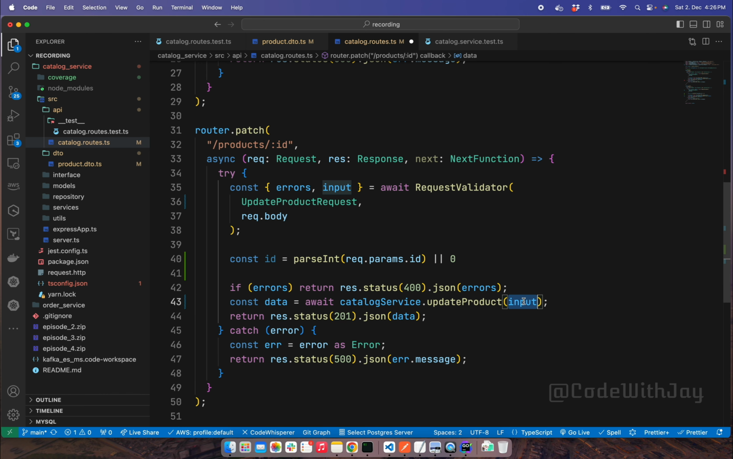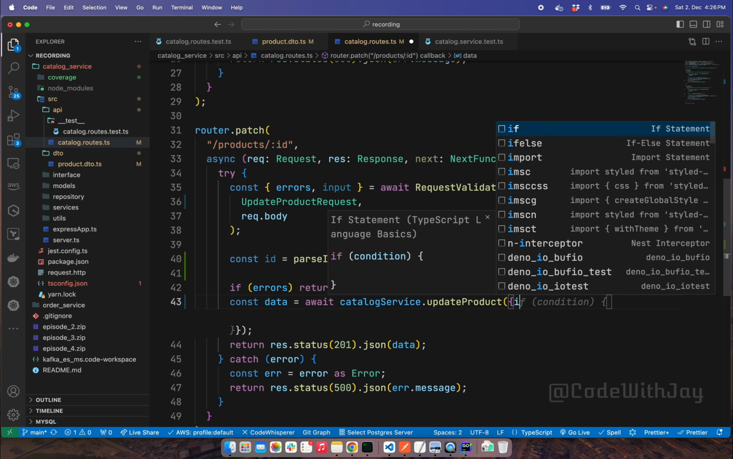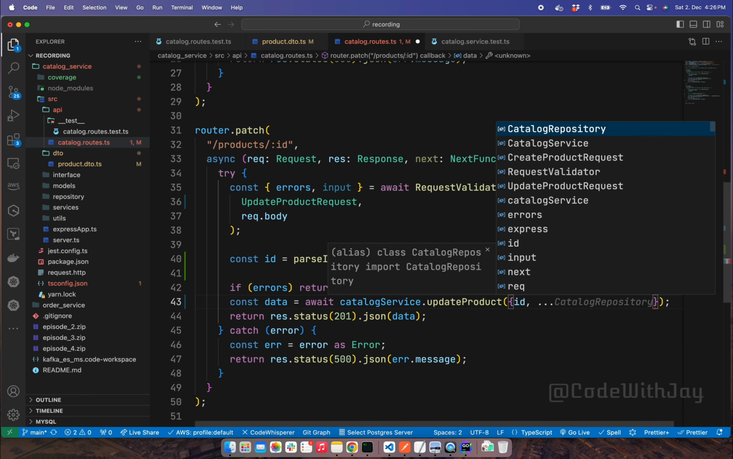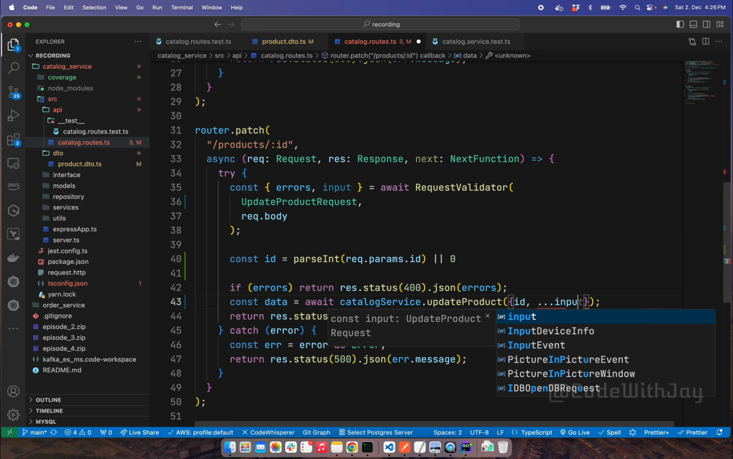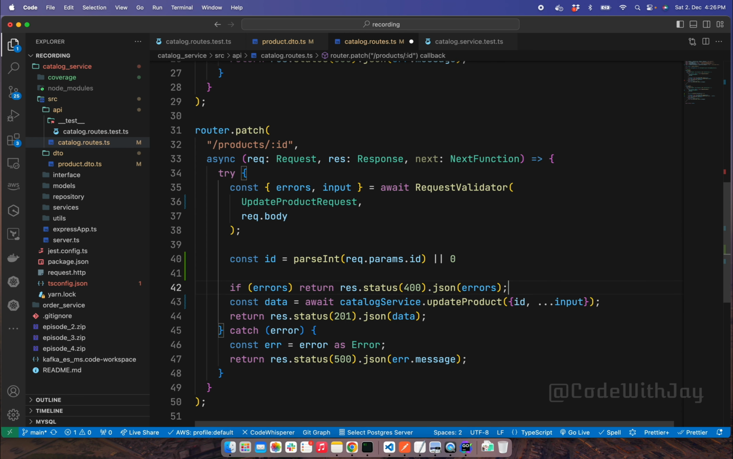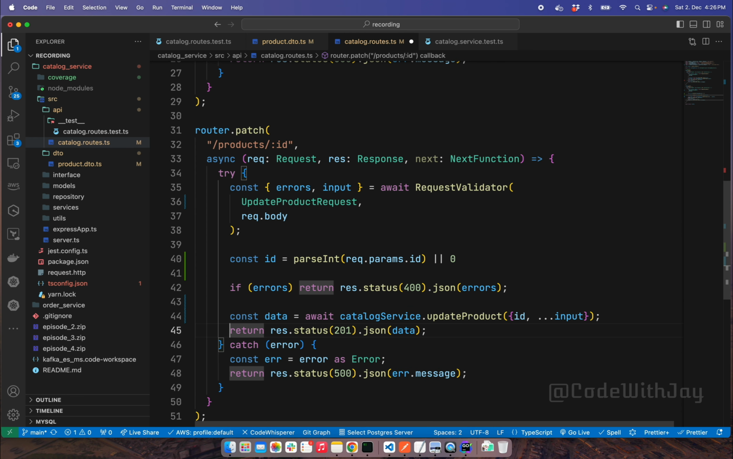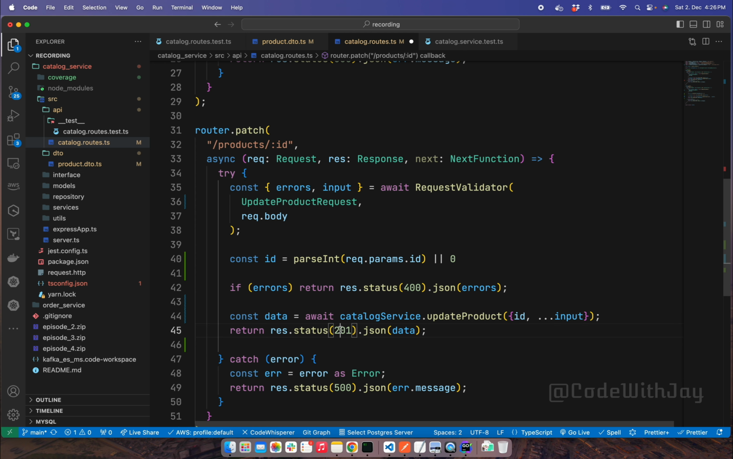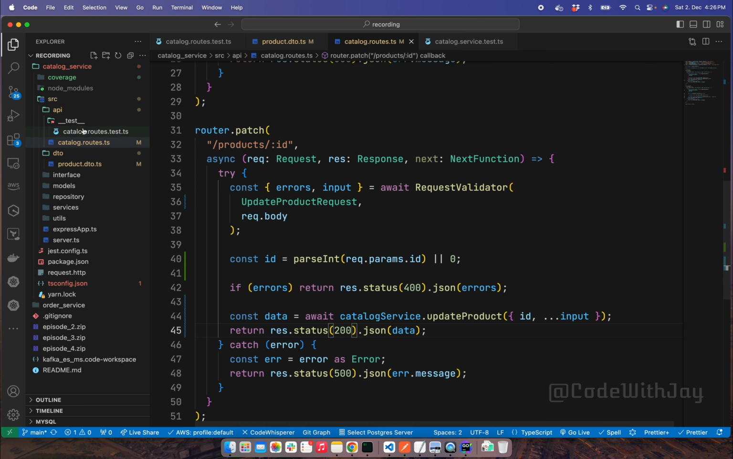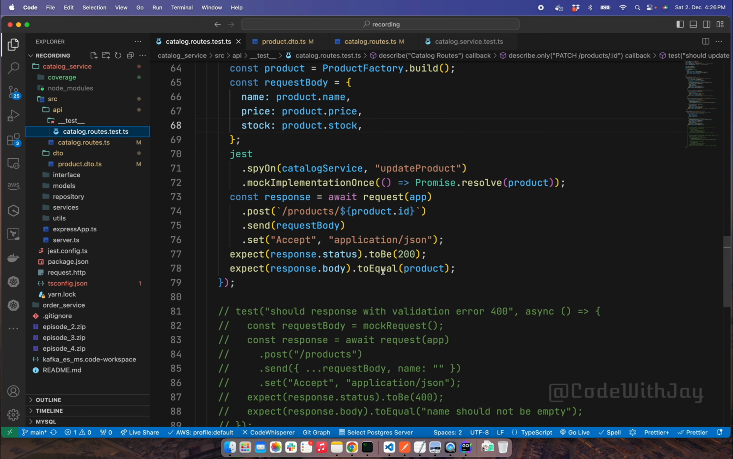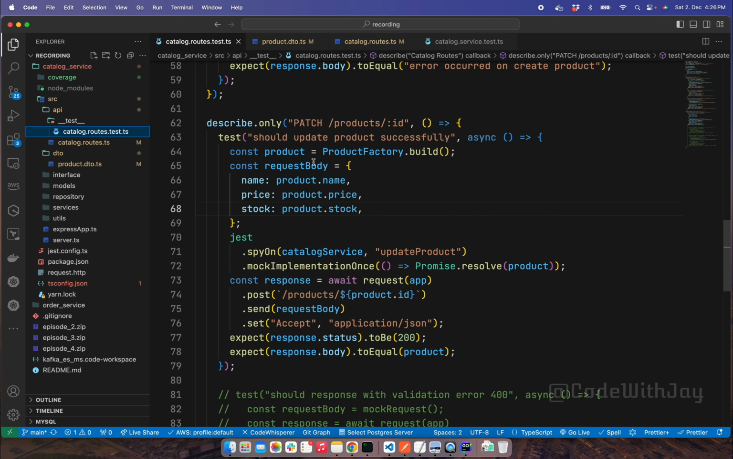And this is going to be input, something like this, ID, along with all the inputs, right? All the inputs. Cool. So now this absolutely has to be 200, not 201. And if you go to this test case, the catalog route test, and here you can see